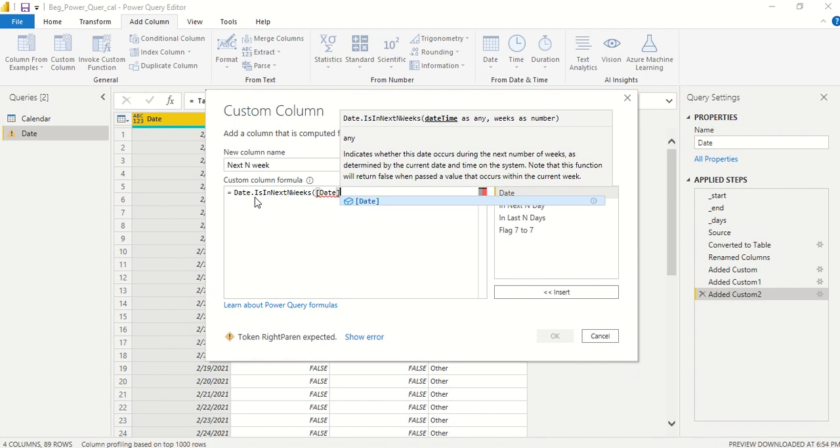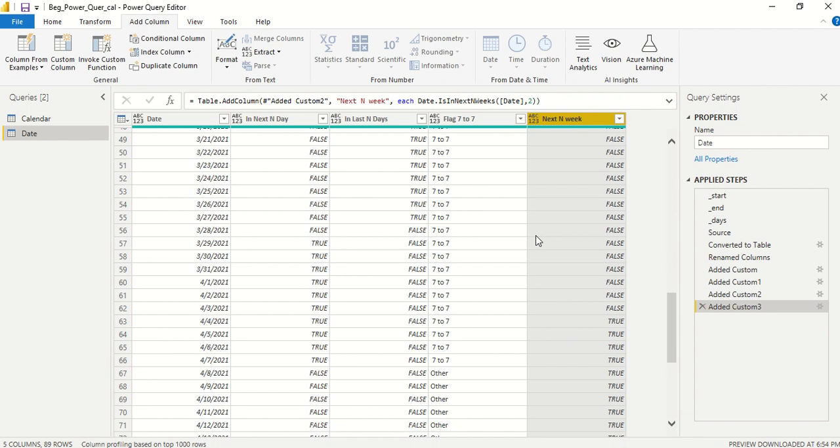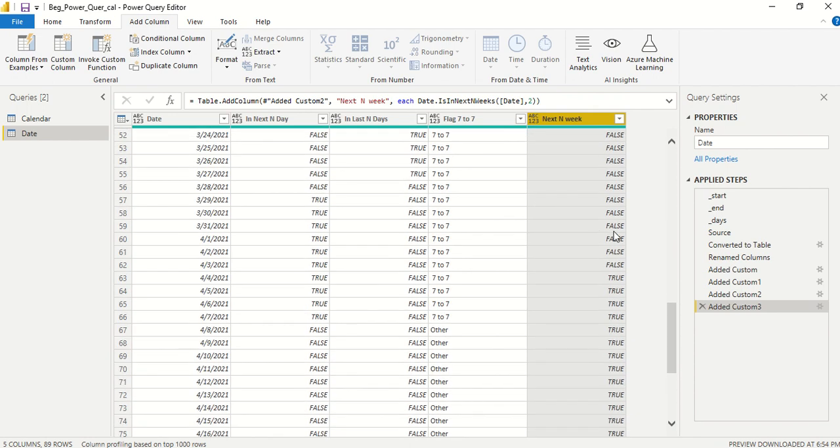If you remember, in days we already checked that a negative number was not working, so we are going to put a positive number here and check the next 2 weeks. If you go below, you will see a couple of weeks are marked as true, true, true, true, true, true, true.